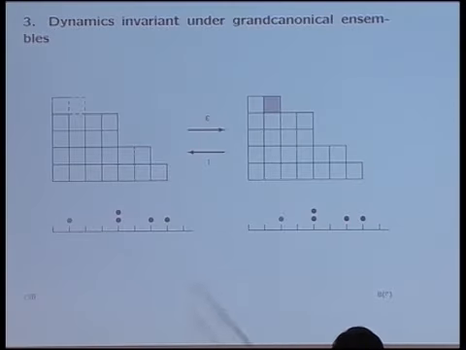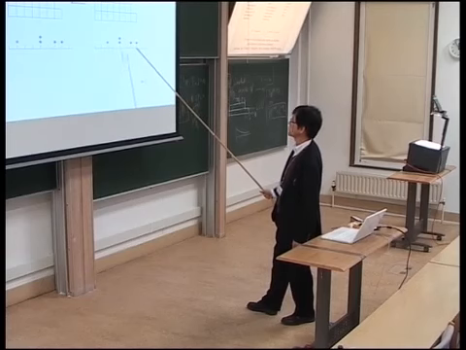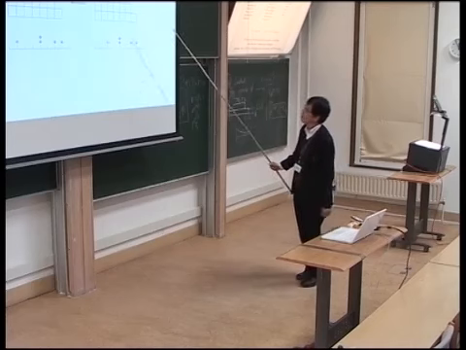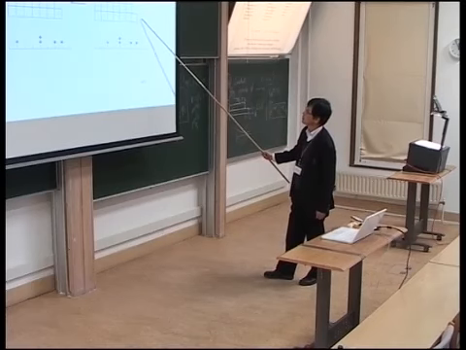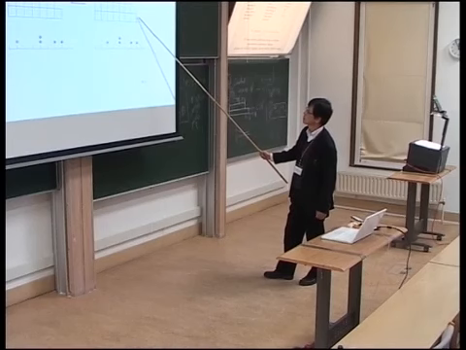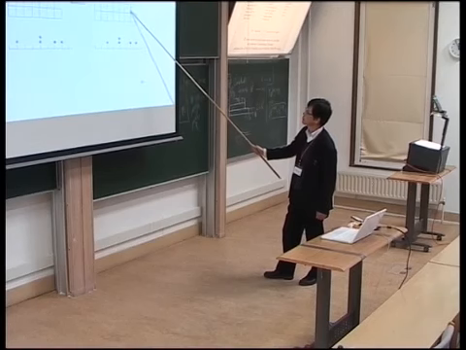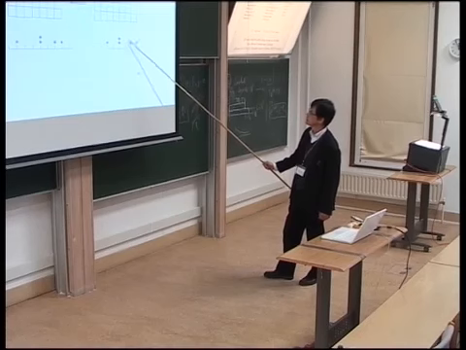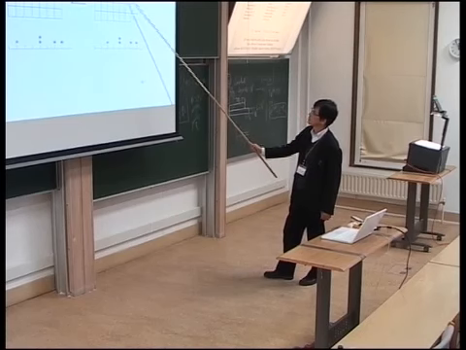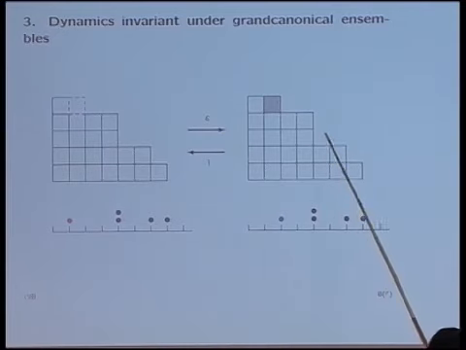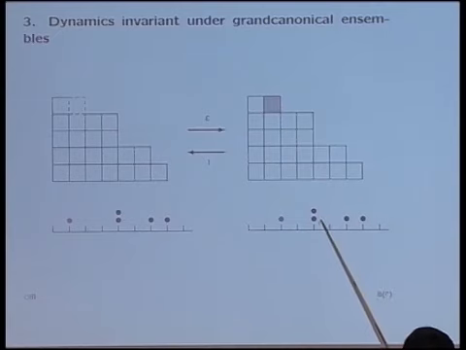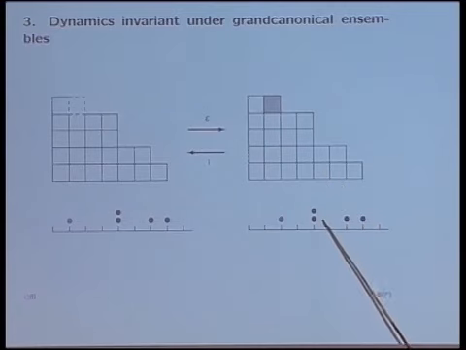And it is better to think about this dynamics as a particle system indeed. So we just look at the height difference. Here, the height difference is 1, then you put one particle here. Here, the height difference is 1, therefore you put one particle. Here, the height difference is 0, so there is no particle. Here, the height difference is 2, then you put two particles. So in this way, you can identify each Young diagram with a particle system.